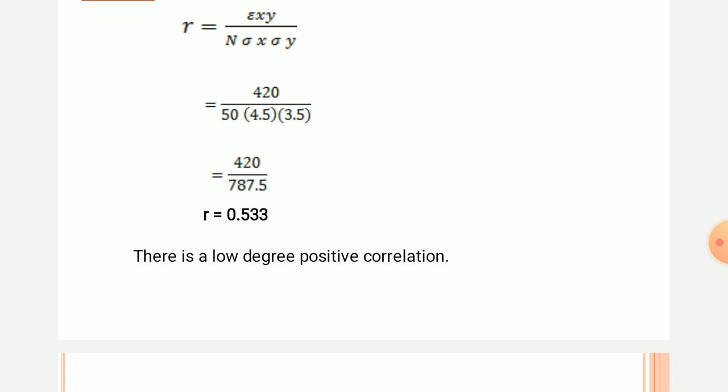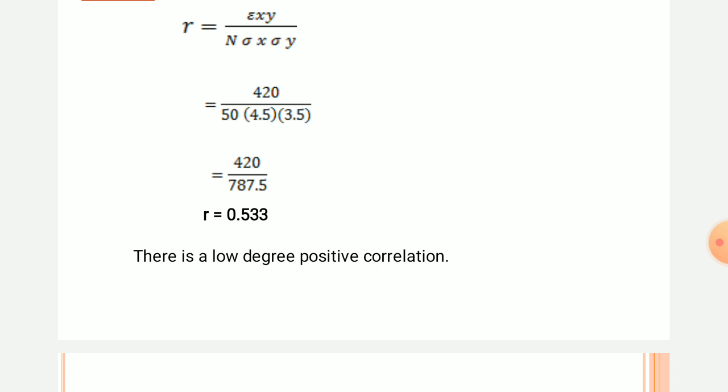This is the value of R, Karl-Pearson's coefficient of correlation, equal to 0.533. This is called very low degree positive correlation, because the value falls